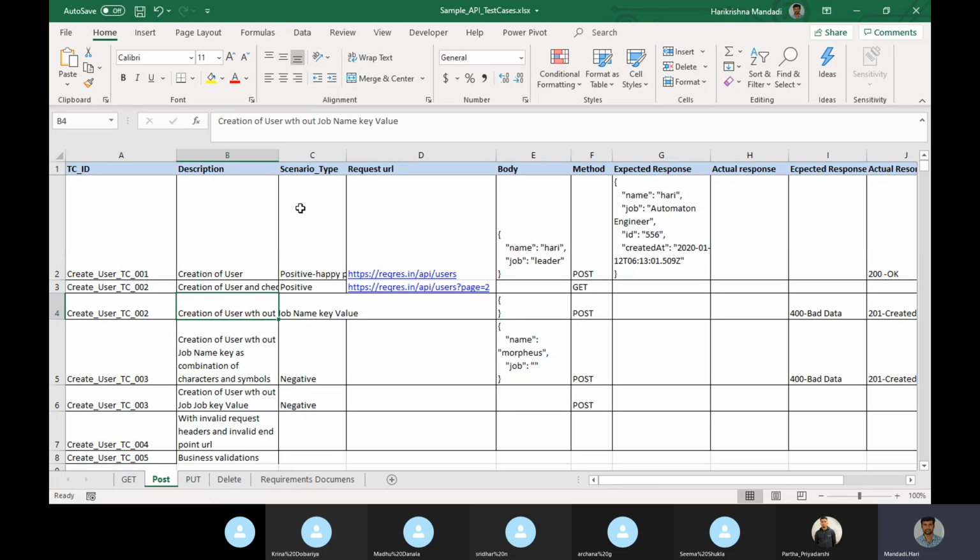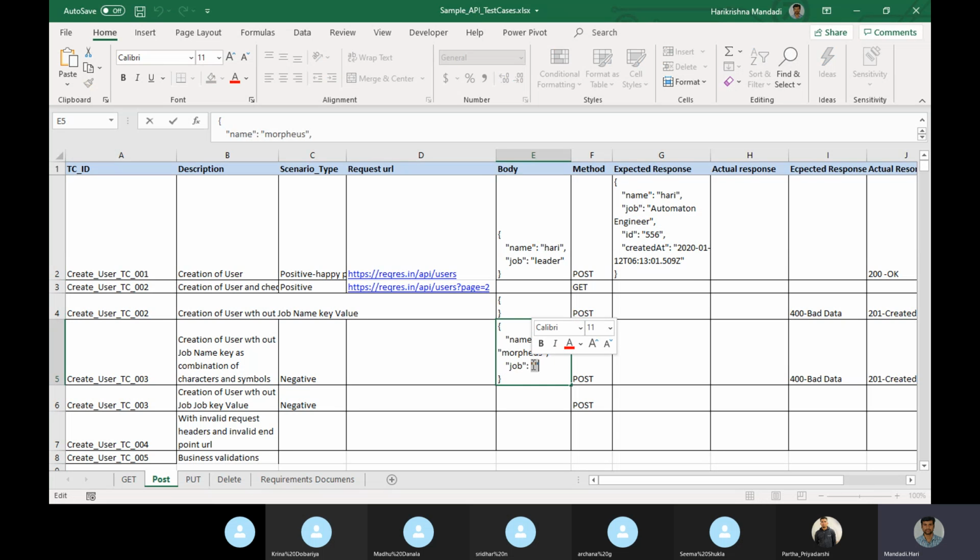Creation of user without job name key value. What do I mean by without job name key value? Suppose this is my body. See how I am passing the request body. There is no value I am passing for this job key. These are called keys and values.